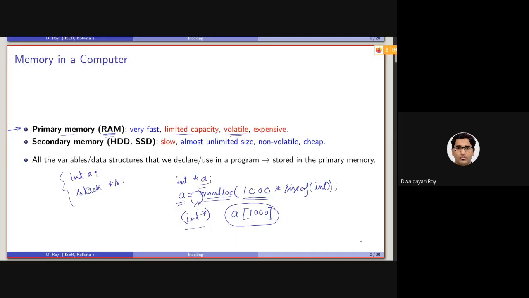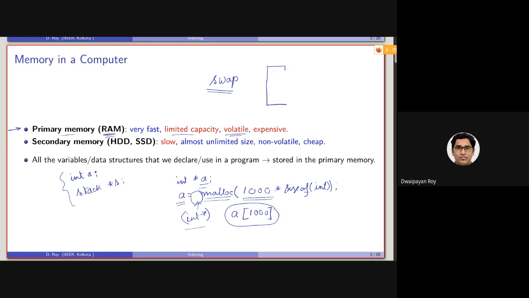Very good. That's a very good question. The question that Amarjit was asking is, there is another type of memory that is called swap memory. Where exactly is it coming into the picture? So let me give you a small discussion regarding that.